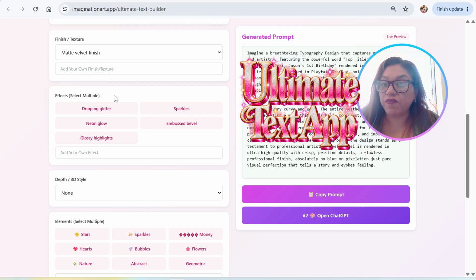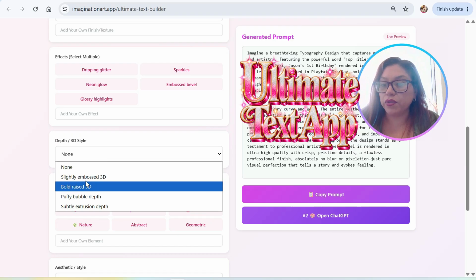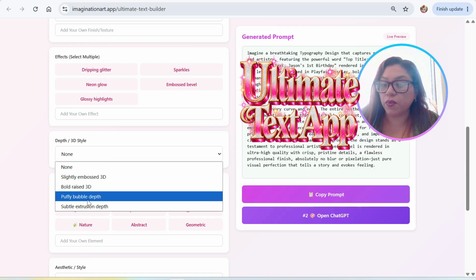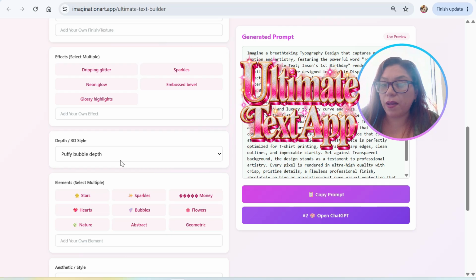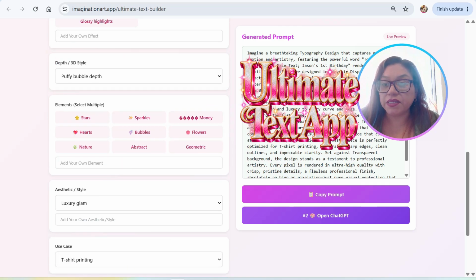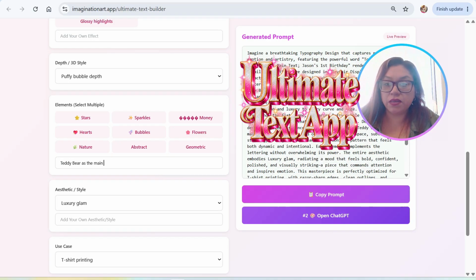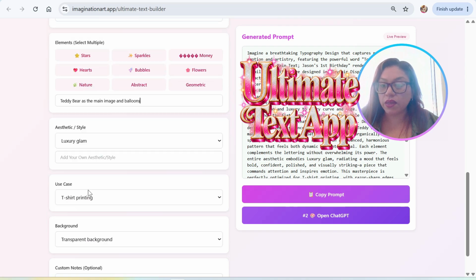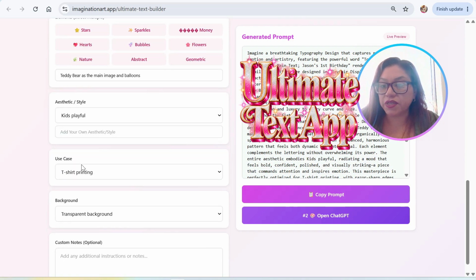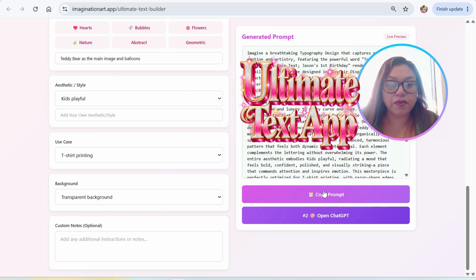What kind of effects are we going to be adding to this? Are we adding any glitter, sparkles, embossed bevel? In this case, we're not going to pick one. We don't need one. Bold, raised, slightly embossed. What kind of depth do you want? We're going to say a puffy bubble depth. Elements. What do we want to add to this? We want a teddy bear as the main image. And what other elements do you want to use? We want balloons. All right, aesthetic style that we want, kids playful, for a t-shirt, transparent background, copy prompt,